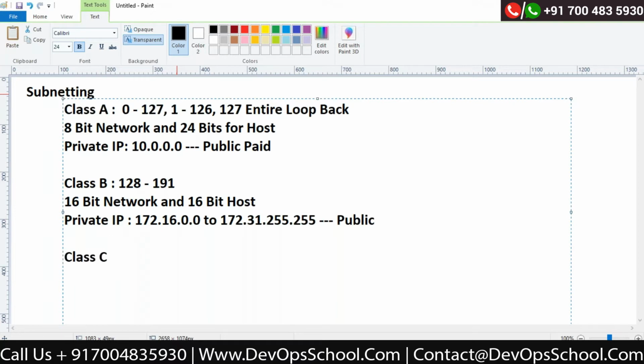Class C. Now, what is the range? 192 to 223. Correct. 24 bits are for network side and 8 bits for host. Absolutely correct. And the private IP address